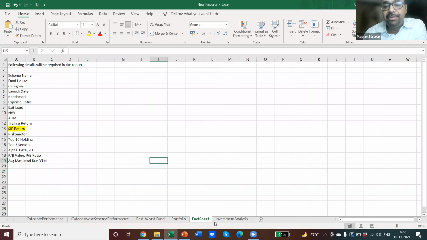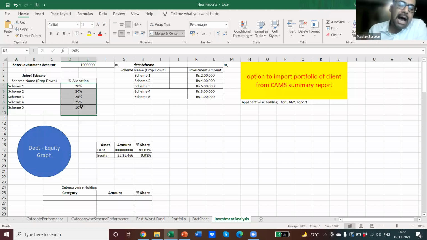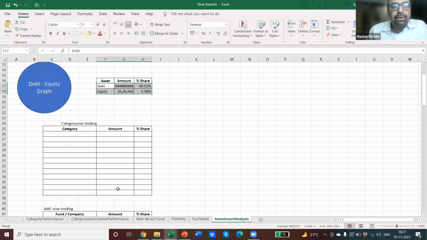This is under development, and this is beautiful. Investment analysis. अभी आप कोई भी सॉफ्टवेयर यूज करते हैं तो क्लाइंट को existing portfolio का आप attributes भेज सकते हैं. MasterStroke MF Research से अगर किसी क्लाइंट को आपको 10 लाख रुपीस का प्रपोजल देना है, and you select any 4 scheme from the drop down allocation, then on the current basis you can send a report to the client कि आप अगर 10 लाख रुपया इन सारे फंड्स में लगाएंगे तो आपका debt equity allocation क्या होगा. It will take the underlying portfolio debt and equity holding and category wise आपकी total value क्या होगी.